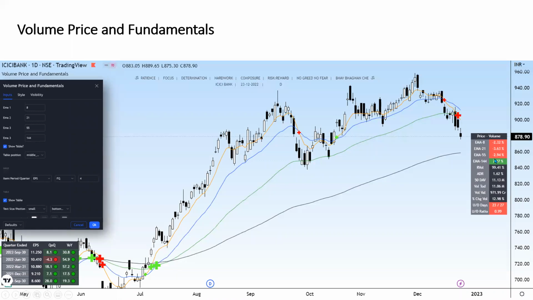And then this tells you where the price is right now. So for example, this is ICICI Bank, a screenshot I took some days before Happy New Year. It was hovering 2% down from each of these EMAs, 2%, 3% and something down. So how far is the price from the EMA, what percentage away?